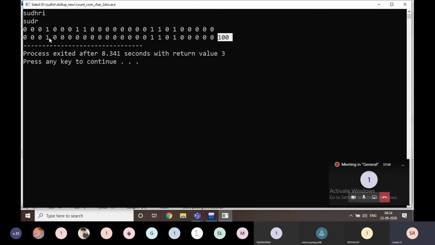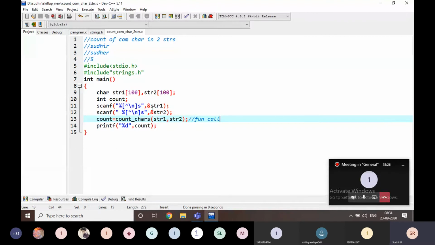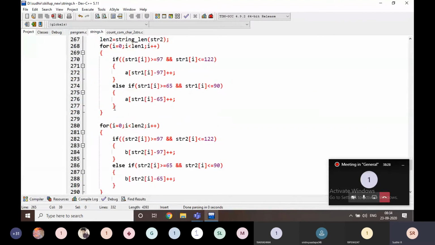In this way, if it is 1 in the first string, I am going to search whether the next character is also 1 or not, whether the B character is also 1 or not. Like this, I am going to find it. Is the B character 1? No, not at all. I am not counting here. Here also 1 1 1 1, 2 3 4 characters are common. In total, 4 characters are common here. Then I am going to develop the logic based on this.